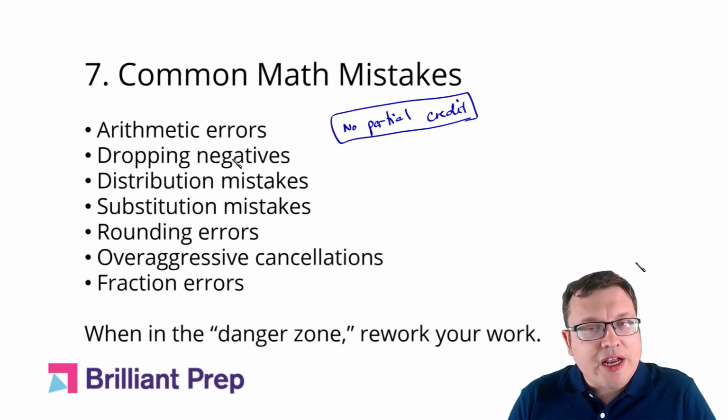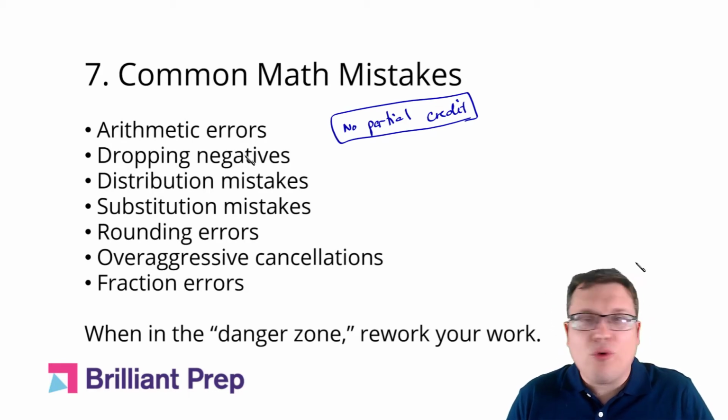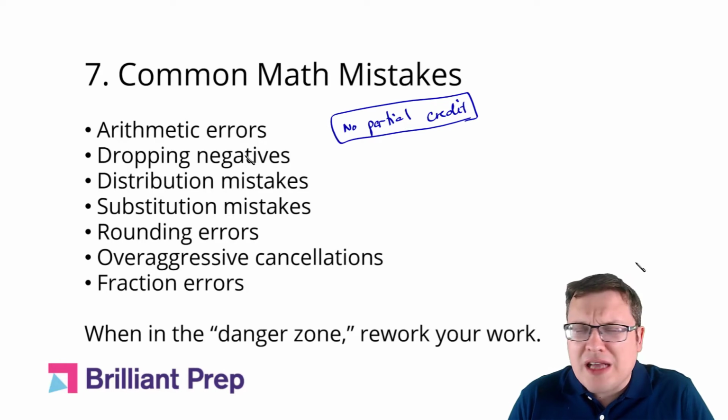Dropping negatives, very common, right? Messing up the sign, either making something negative or forgetting the negative, or just kind of anything to do with positives and negatives. Just a lot of places mistakes crop up there. Same thing with distribution. So when you're distributing a number, this is very common, it's related to dropping negatives. Let's say we have